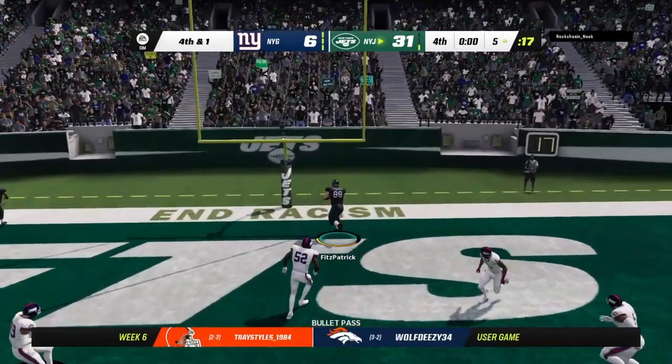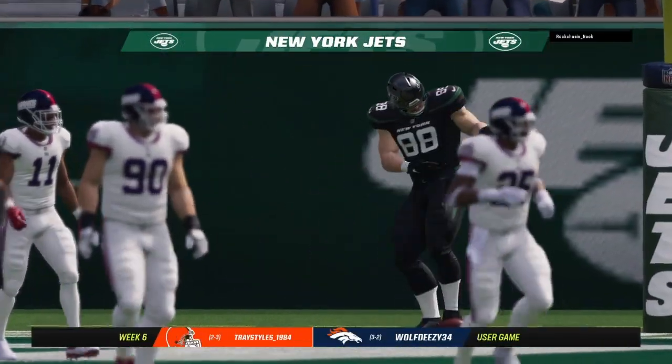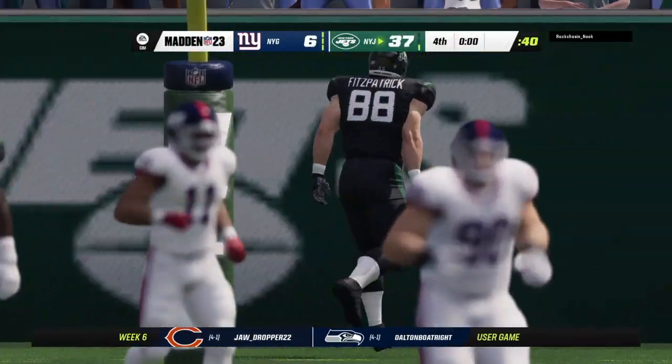On 4th down, Kirkland. And this will be caught. We'll forget taking the knee. Some late gamesmanship here as they throw for a late touchdown. Well, partner, when a team's